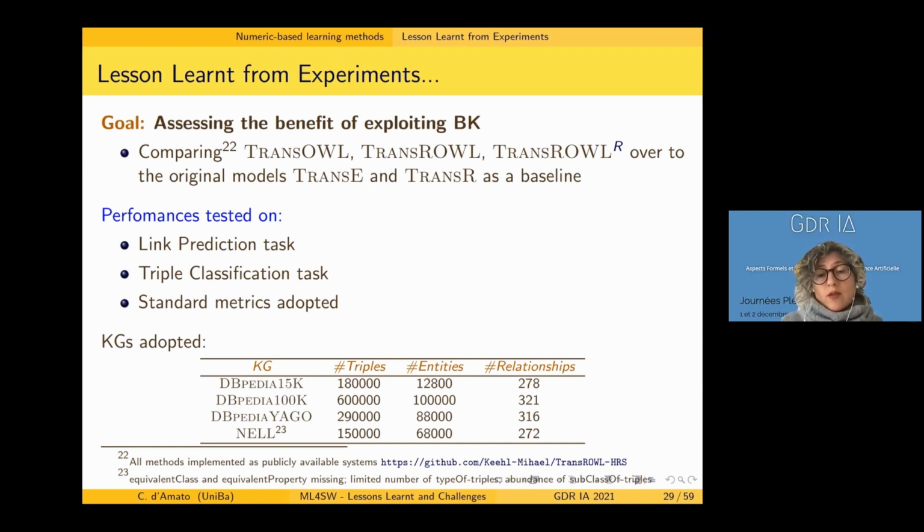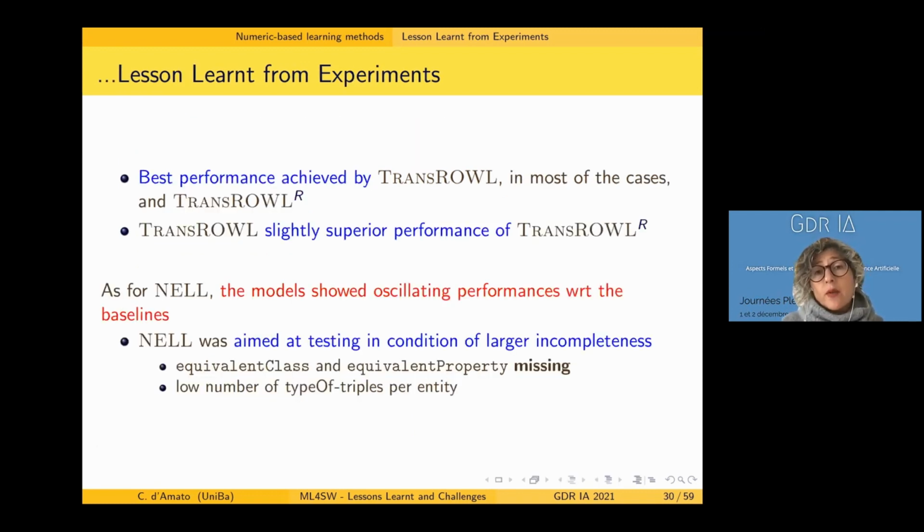And why was this a stress test for our models? Because NELL lacks some of the axioms that are considered by the developed models. Indeed, NELL does not have equivalent class and equivalent property axioms, has a very limited number of type triples, but it has an abundance of subclass of triples. So the idea here was to test if the abundance of subclass of triples could somehow compensate for the absence of the other axioms. And what we found out with our experiments is that